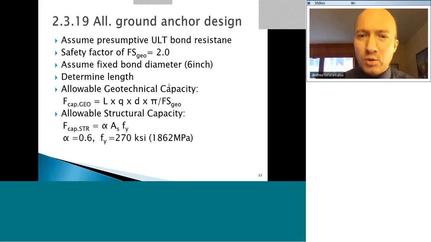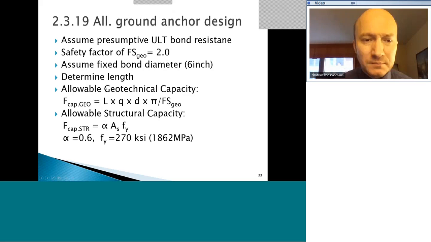We're going to design our ground anchors or tiebacks. So we're assuming a presumptive ultimate bond resistance on the fixed part between the tieback and the soil. Traditionally, we've been using a safety factor of 2 on presumptive values. We're assuming the fixed bond diameter, let's say 6 inches. We're determining the fixed length of the tieback,